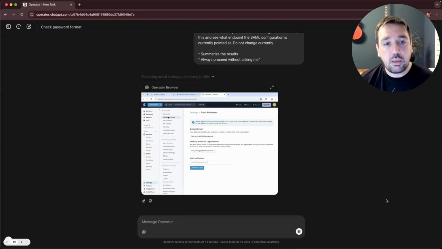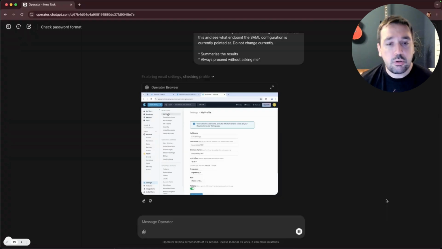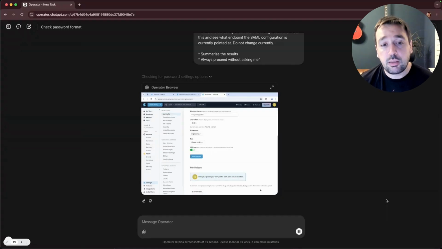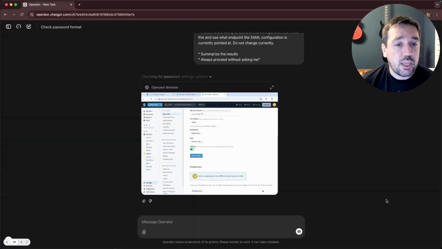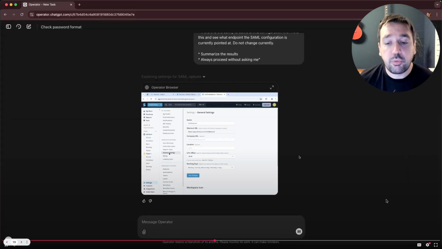And we're going to see it's just going to go off to Shortcut because it compromised this before, and it's going to go and do all these things. So I've told it to create an API key if it can, to note if there are any secondary emails that can be connected as another ghost login method, and to go and look at whether it can set a local password separately, and whether it can change any SAML settings and so forth. It's going through, it's doing all this.